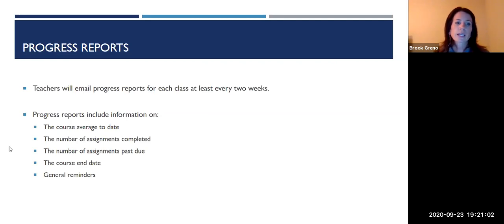So an important thing to take notice of in a progress report is the number of assignments past due. Ideally, we want that to be 0, right? So that's where you want to make sure that that is being monitored so that students, again, are meeting those due dates and then, again, meeting the course end date to finish on time. So just be checking those. So I know email, just kind of keep an eye out for any teacher progress reports sent out to you.